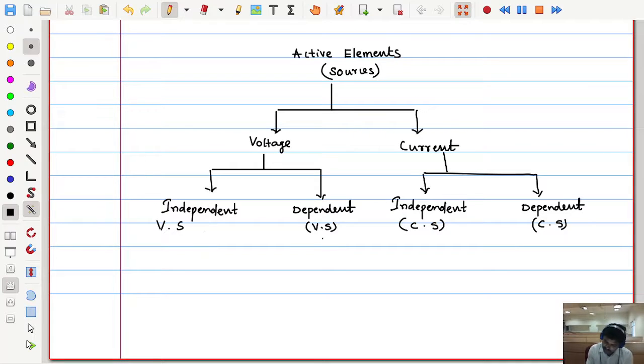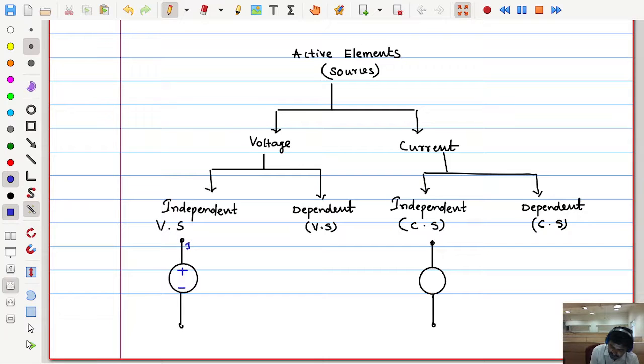So first let me go with the independent. All the independent sources are represented by the circle. And we usually talk of two-terminal elements. So let me put the two terminals, one upward, one downward, like this. If it is a voltage source, voltage is usually differentiated with the polarity inside it, plus minus. Which side terminal is positive, which side terminal is negative, that is what this polarity represents.